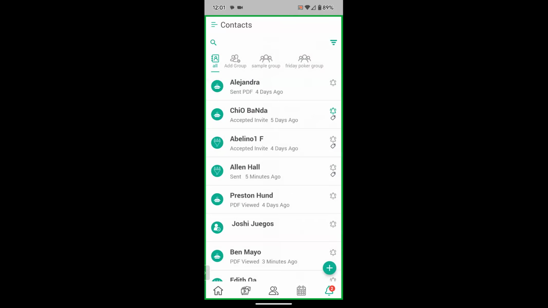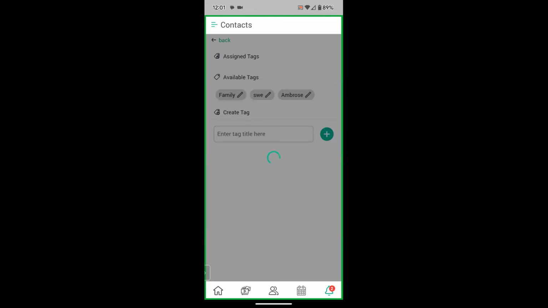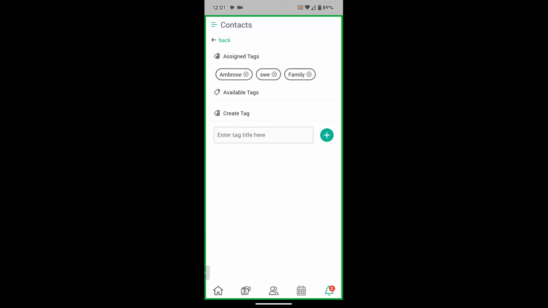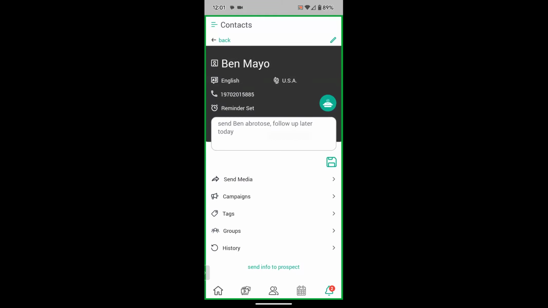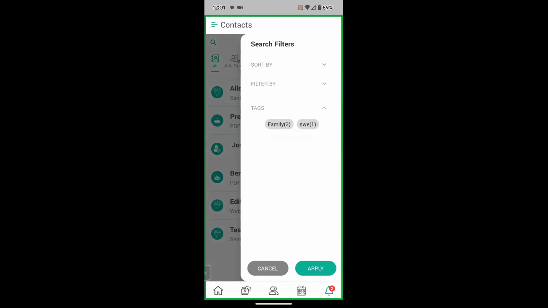So I think I forgot to hit save, which is not helpful. Oh, I accidentally. Let's do that. Well, looks like I may have just found a little bug, but that's okay. So you'll be able to organize and sort things by tags. You can also sort by any of these classifications here. So if I want to